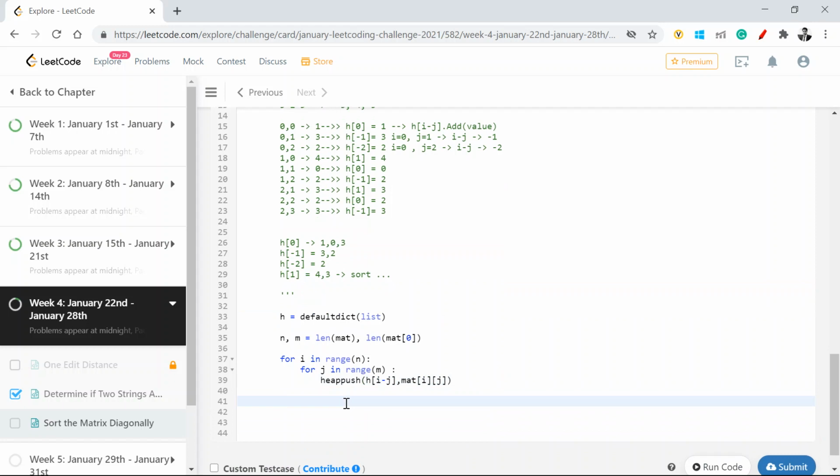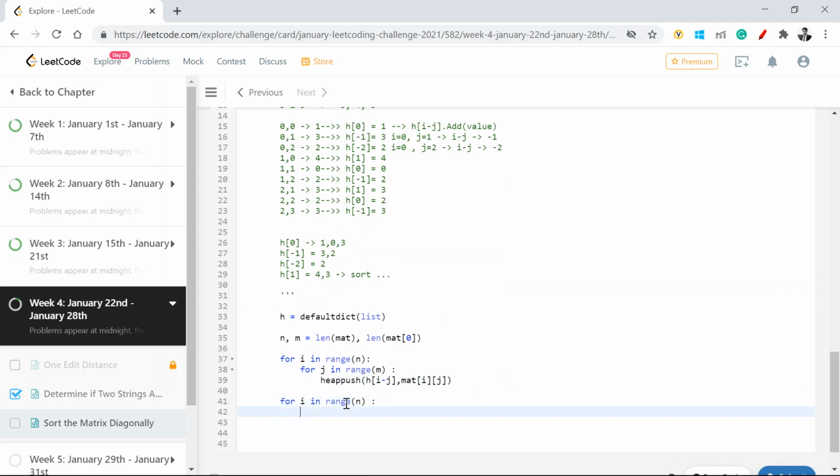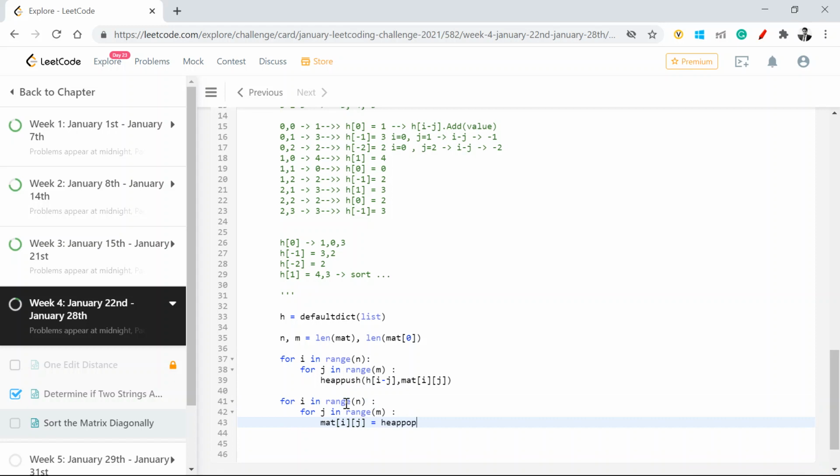Now I need to reassign the values in the array. So I'll just copy paste this, let it be for j in range m. Now in this place I have to assign the values, so i, j becomes heap pop.